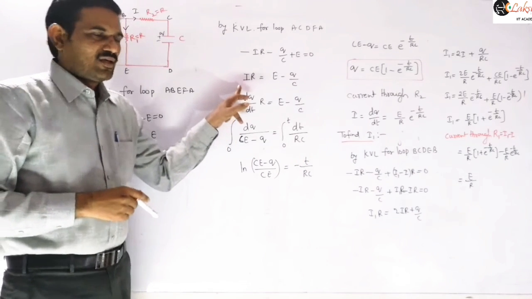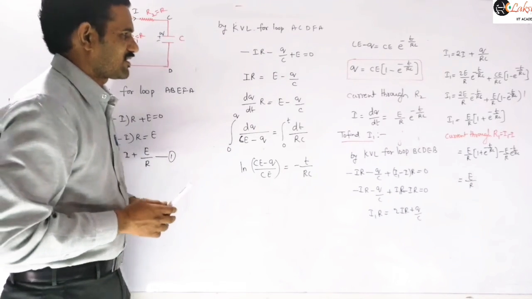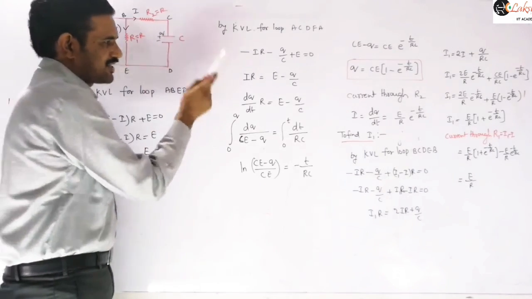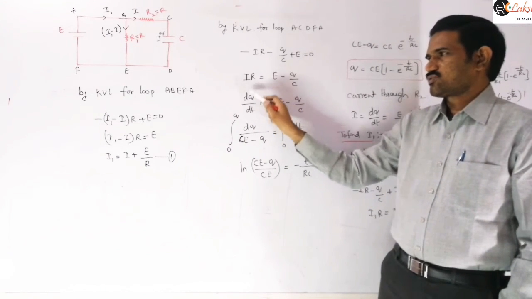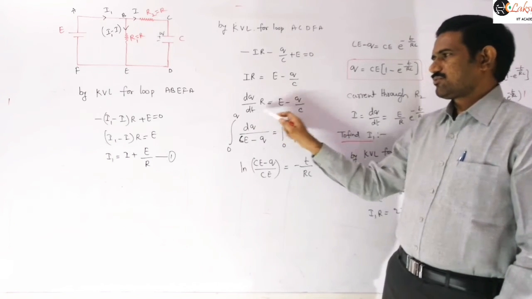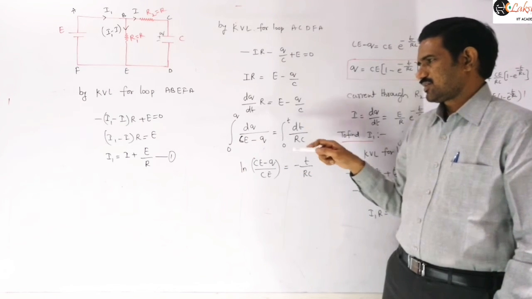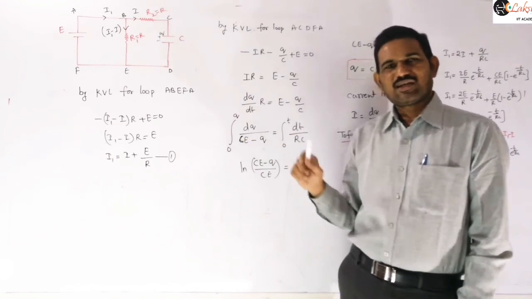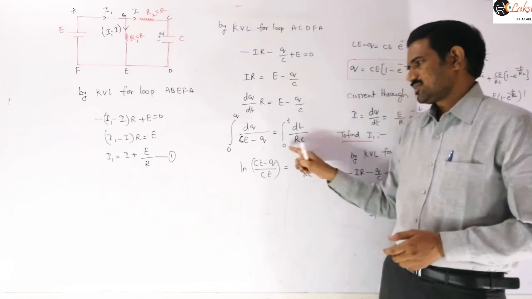Then, as a simplification, I R is equal to E minus Q by C. Here I took this current as I, so now I can replace this I value as dq by dt, right? So you can remember it easily. Generally we write this I as dq by dt here. Then it is the rearrangement of the terms, as we derived previously in the general expression. So E C by Q, keeping the C here, and the R value and dt I am writing on this side. Just rearrange the terms and take integration here. Initially the capacitor is uncharged, so you get the limits from 0 to Q, and this is 0 to T.